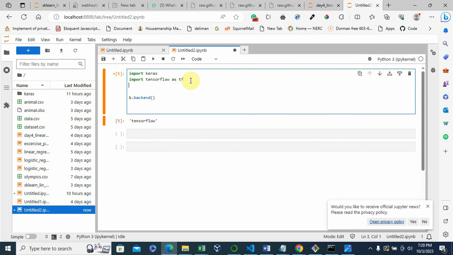So we say from keras.datasets import boston_housing. From Keras datasets, import boston_housing. This will effectively import our dataset for us.